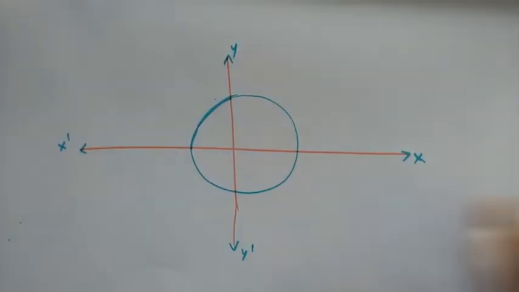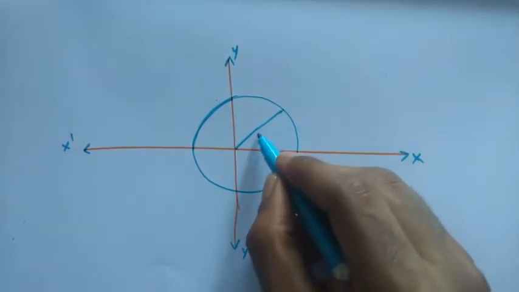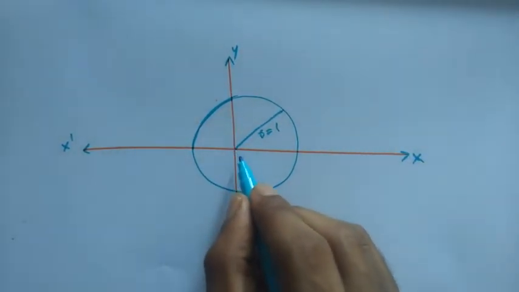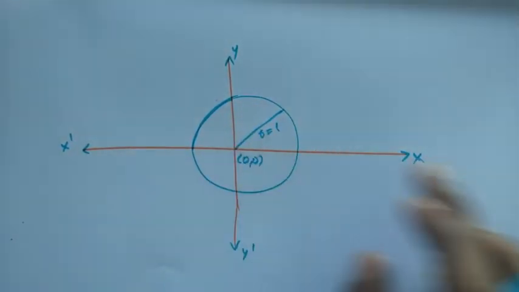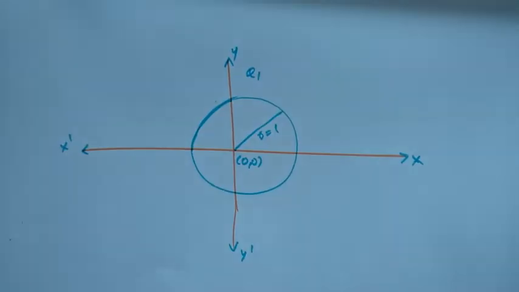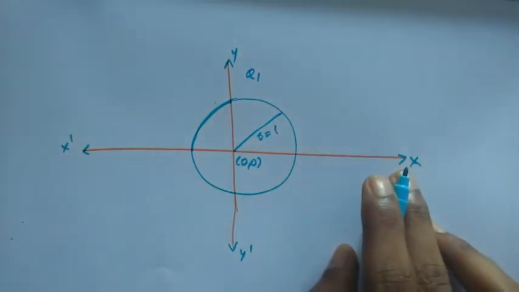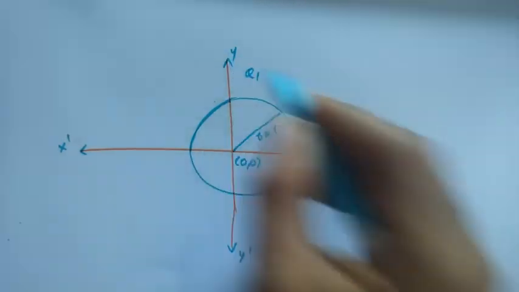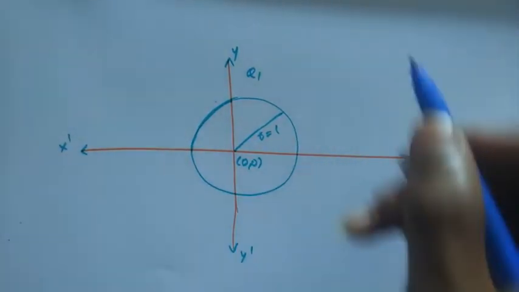See, so again consider a unit circle. A unit circle is nothing but a circle with radius 1, and also center at origin. Now we learnt the ratios for theta lies between 0 to 90. So if it is 0 to 90, then it lies in quadrant 1. In quadrant 1, the x-axis is positive and the y-axis is also positive. That means, once I'm going to write here all the trigonometric ratios.